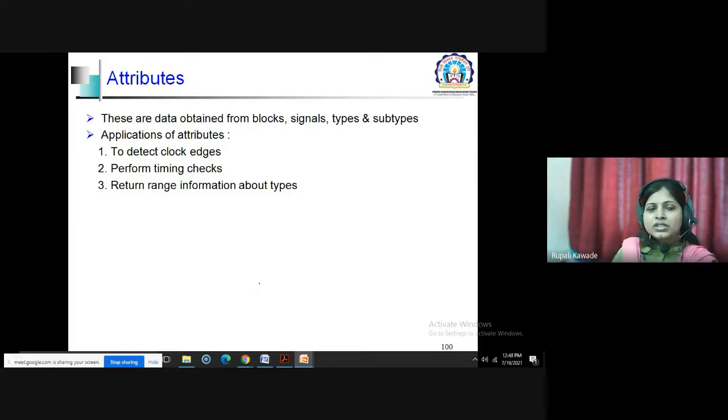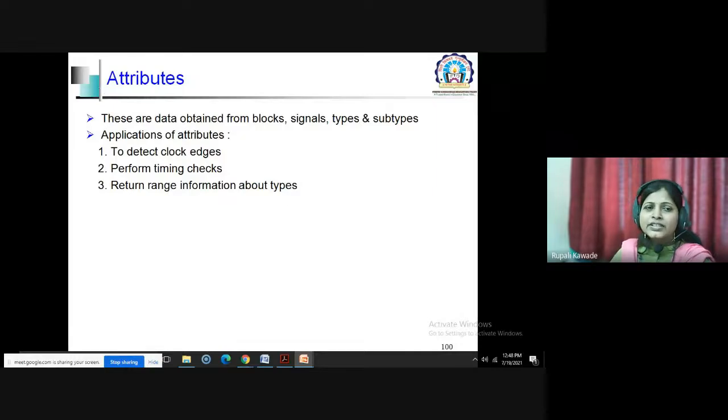So this is nothing but the subprograms in VHDL. Fine. Then quickly we will see the attributes, and then we will see examples of combinational and sequential circuits, and how to write simple code for them.